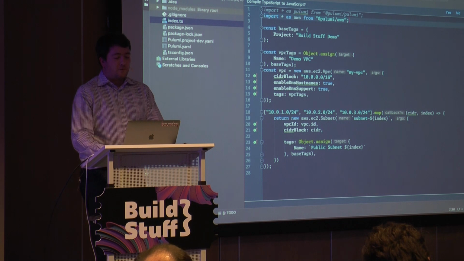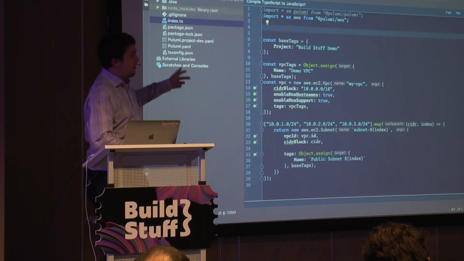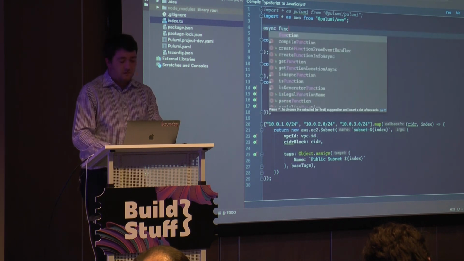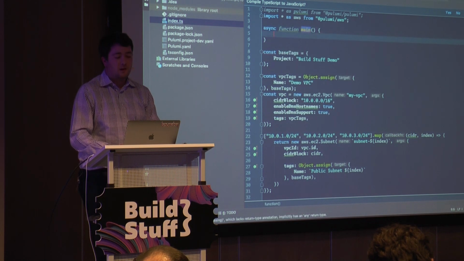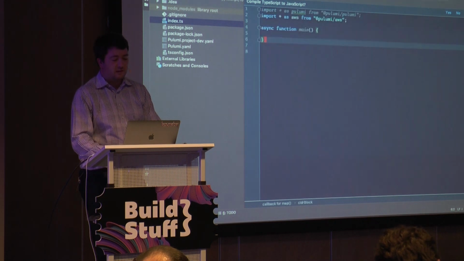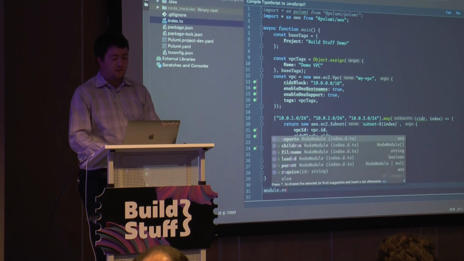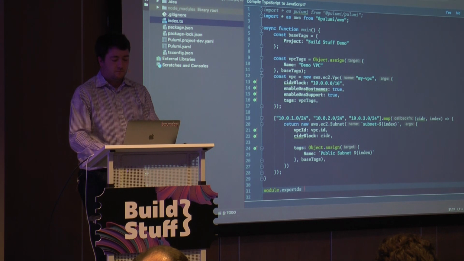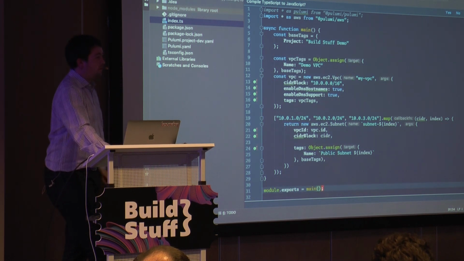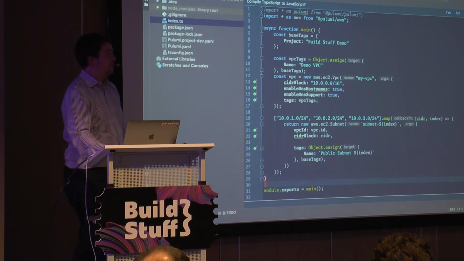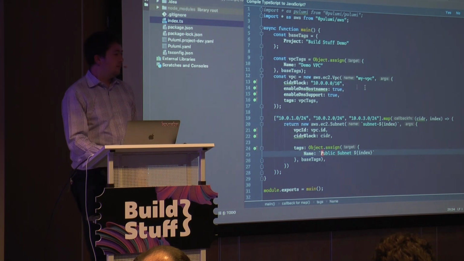So I'm going to do a little bit of refactoring here. I'm going to factor this stuff out into a function so that we can use the async keyword. I'm just going to take all of this, put it in this function, and then call the function. Functionally it's exactly the same program as we had, it's just that everything's inside a function now, so we can use the await keyword. There's a JavaScript proposal up right now that would allow you to use await at the top level, but it's not implemented yet.